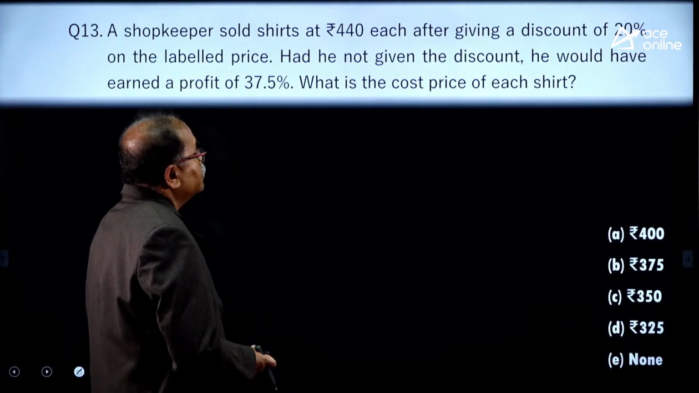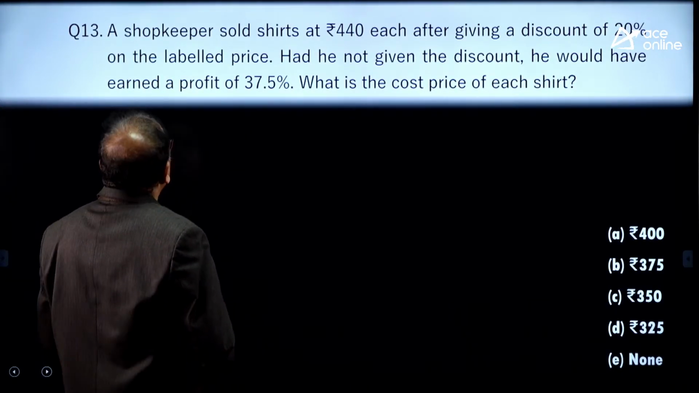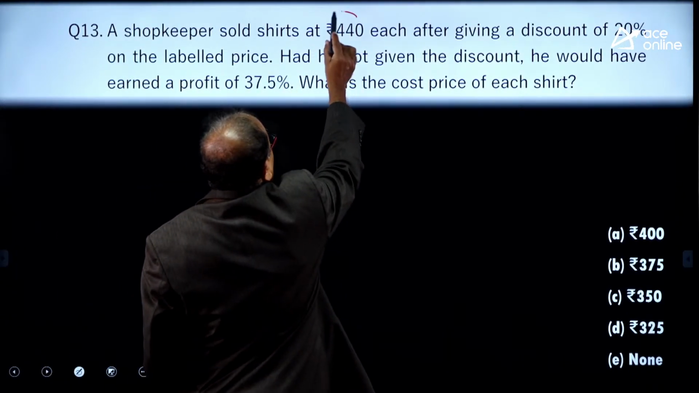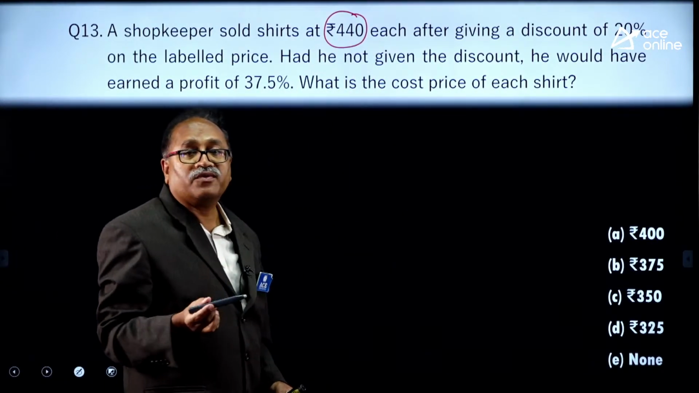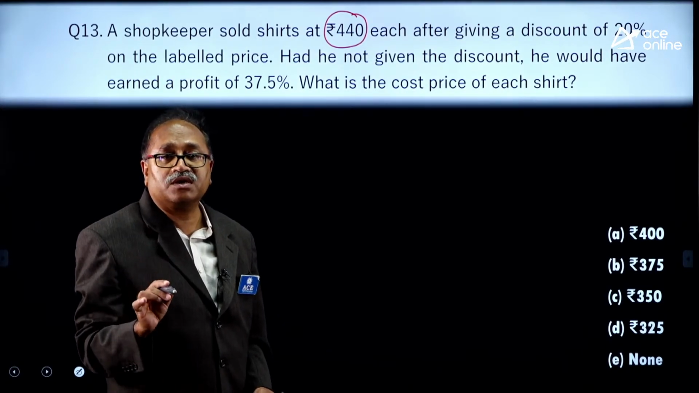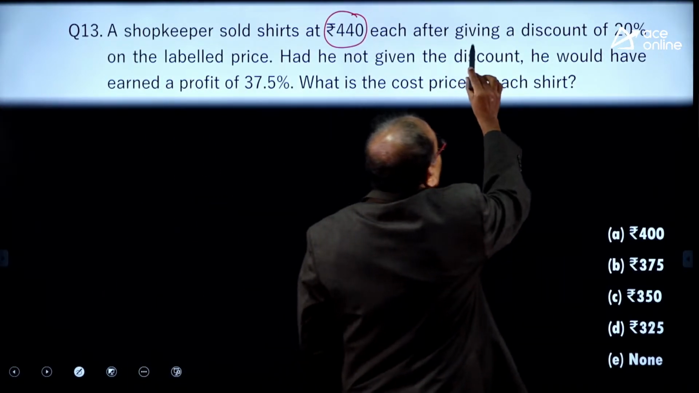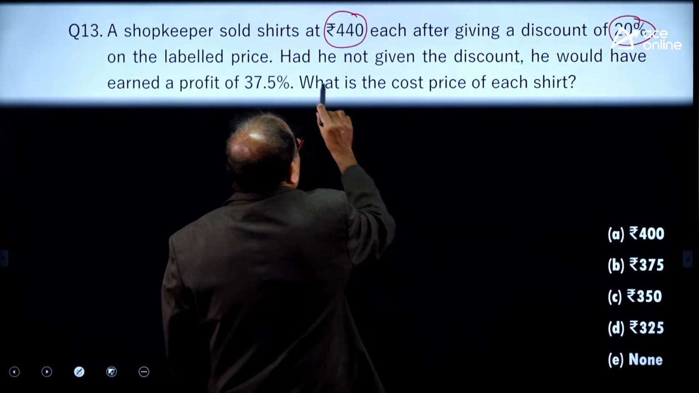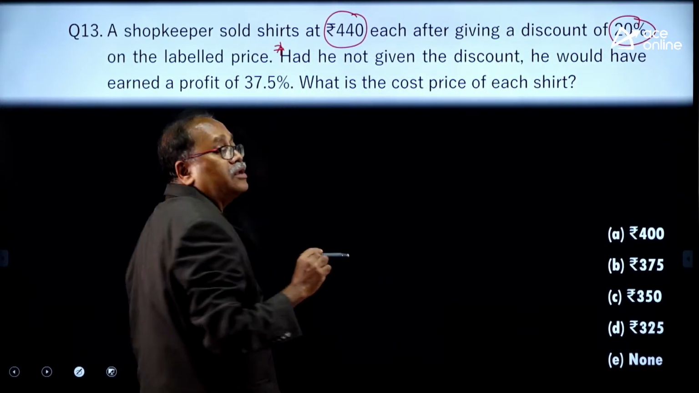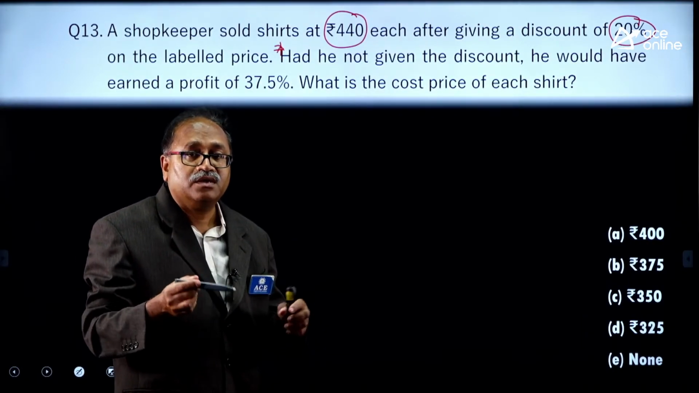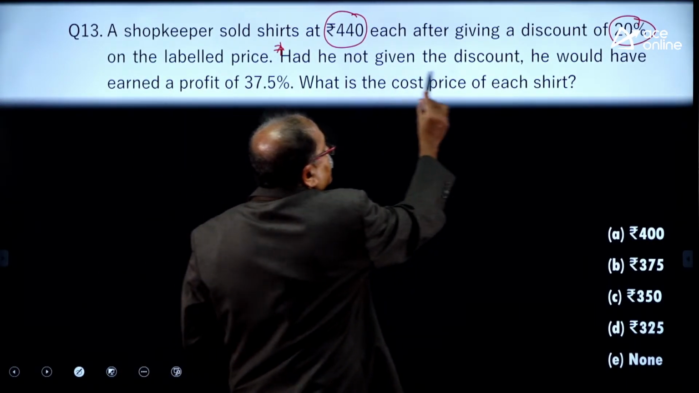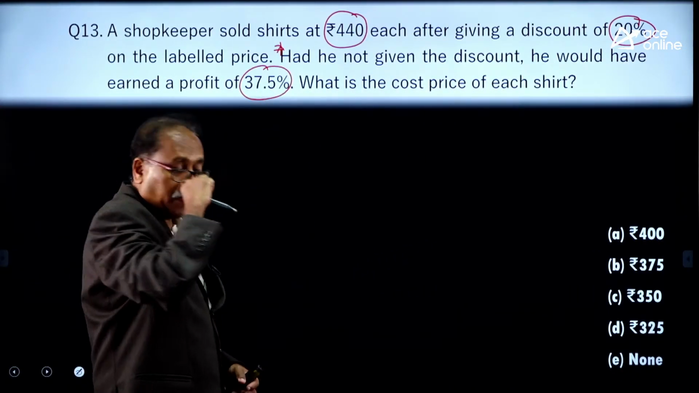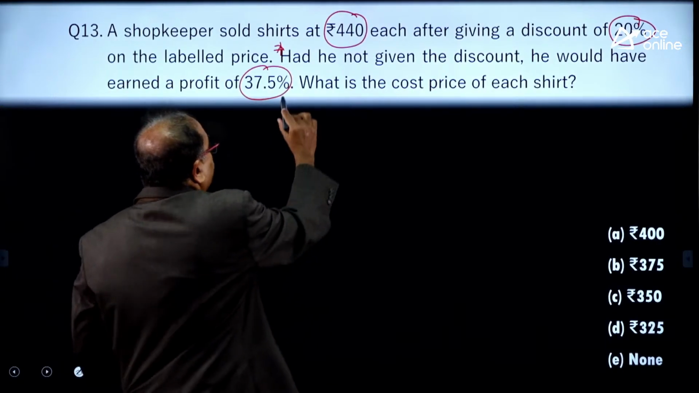Look at this, what is the question, and then I will move on to the solution part. Here it says, a shopkeeper sold a shirt for rupees 440 each, so the selling price of two articles is the same, by giving a discount of 20% on the label price. Had he not given the discount, he would have earned a profit of 37.5%, and everyone knows that